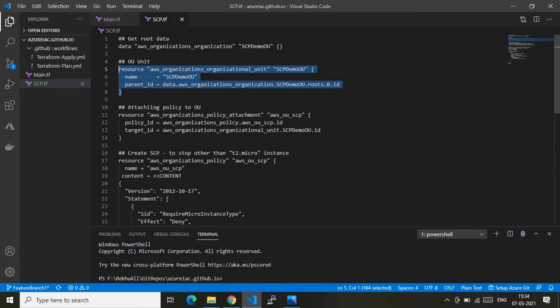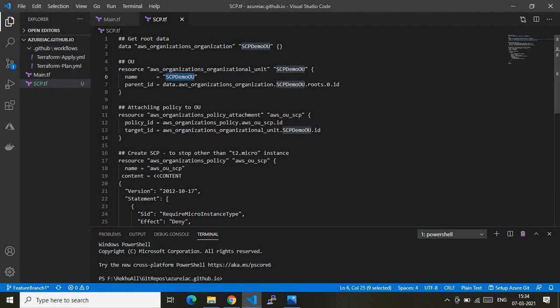The next one is where I'm creating the OU, that is the organizational unit. So it's OU, not an OU unit, since that becomes redundant. This is the block which creates an OU in the AWS account. I have previously shown you how we can create OUs in a detailed structure in my previous videos as well, but since this demo is correlated with the OU, that's the reason I am creating this service as an example here.